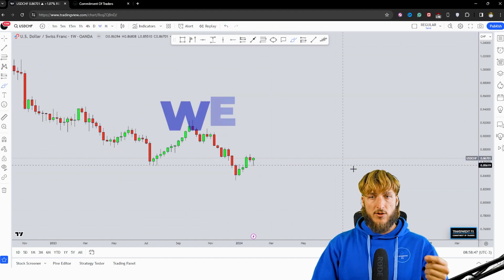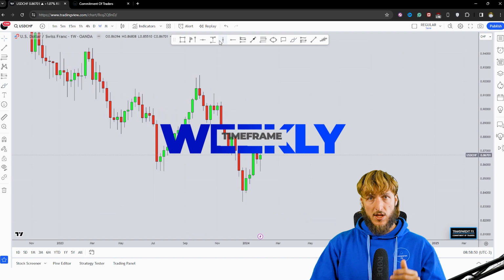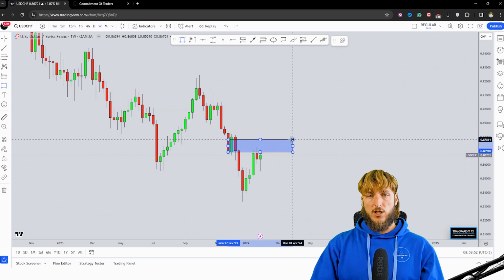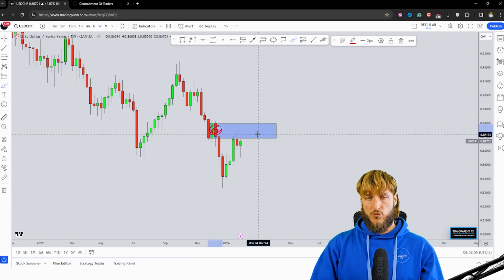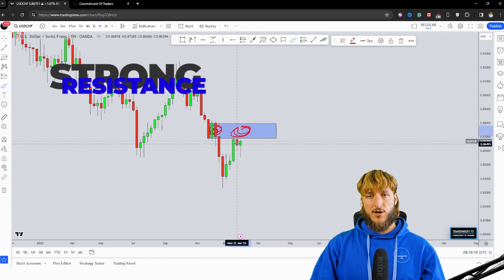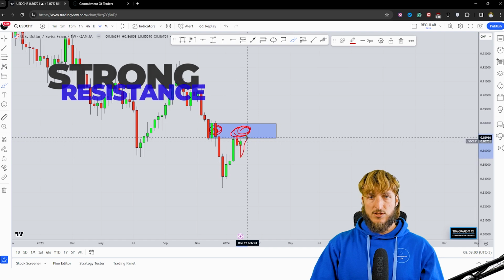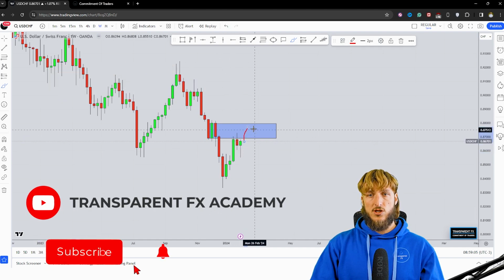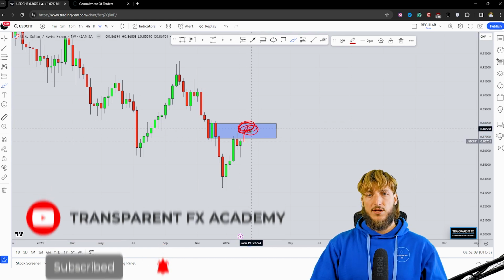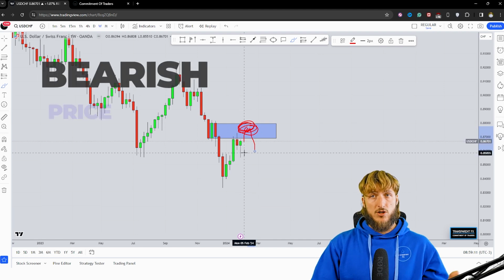Now, if we drop down on the weekly time frame, what do we see? Well, from a weekly perspective, we can notice how the market at this area has previous weekly support, which is now turned resistance. The market has already started rejecting it to the downside. Currently, it seems like the market is heading for another test of this zone. If we will see another test of this area, there is good probability to see some short-term bearish price action